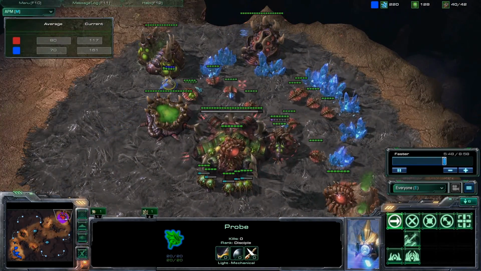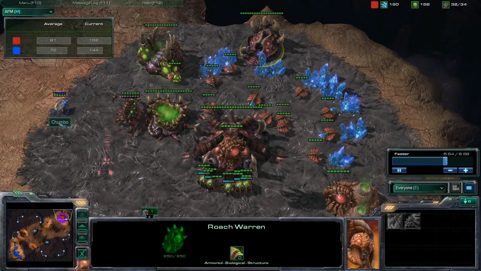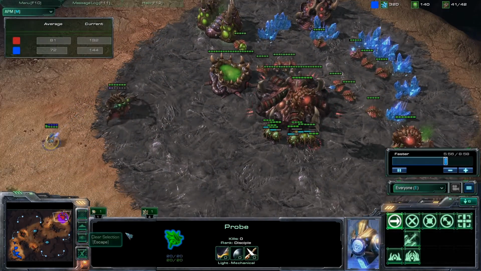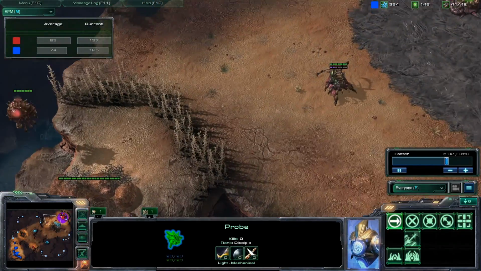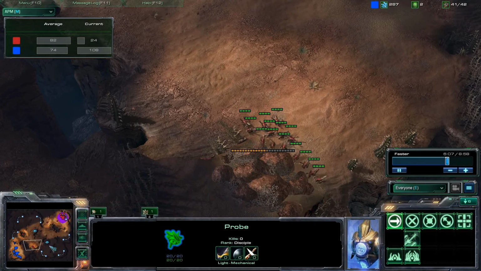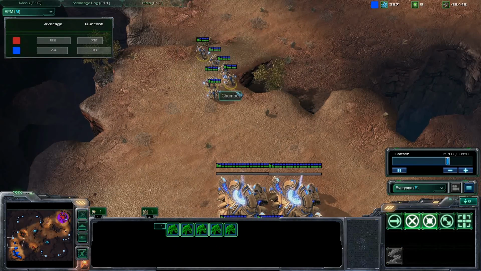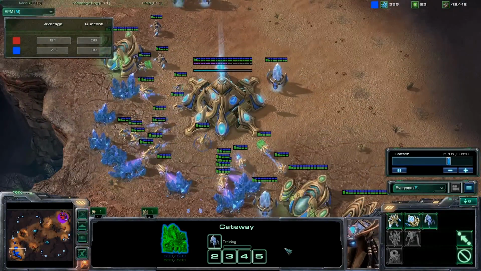Blue is actually a pretty good player. He managed to scout out this Roach Warren. That was a really good timing for that probe to get in here, although if I hadn't had my Zerglings out here, that probe would have been able to see nothing. So I probably should have left a few Zerglings, so I'm anticipating that. I'm pretty sure right now he's going hard for Stalkers after seeing my roach warren,